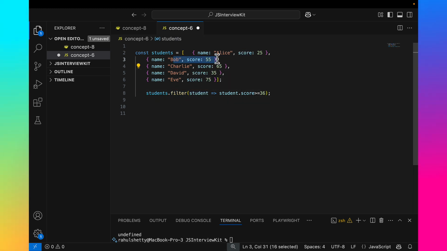It filtered Bob, and again, Charlie's condition is also met, so Charlie will also be filtered in. And next, David. When the David object falls into this, David.score is 35. Now this condition is not true, so that will be filtered out. Again, Eve. So like this, except these two people, these two are filtered out from the game, and these three